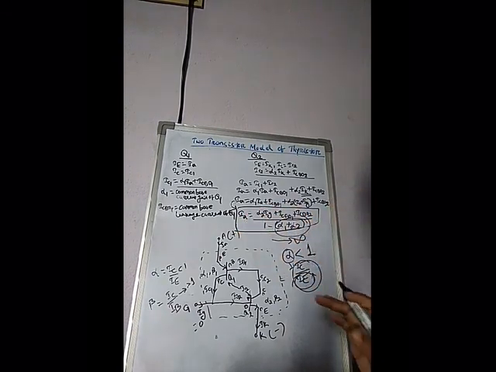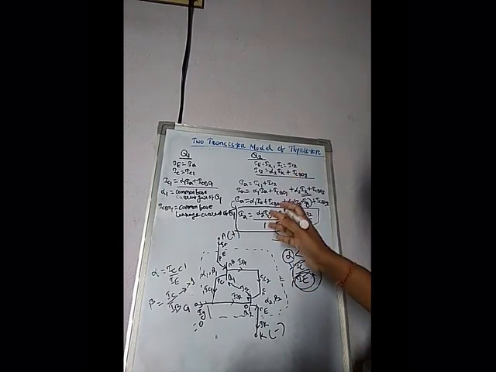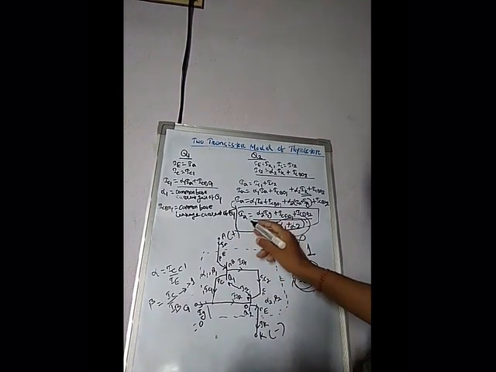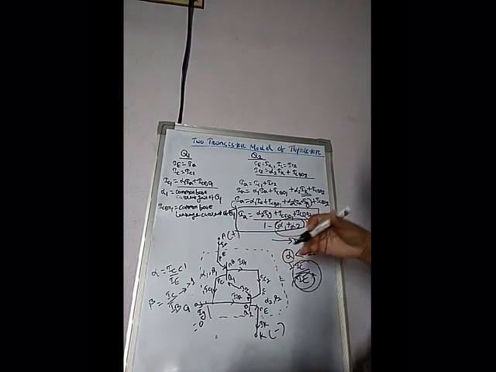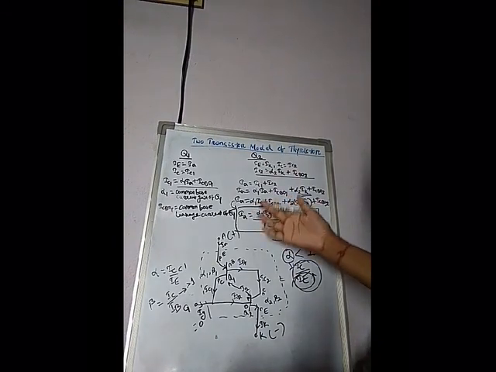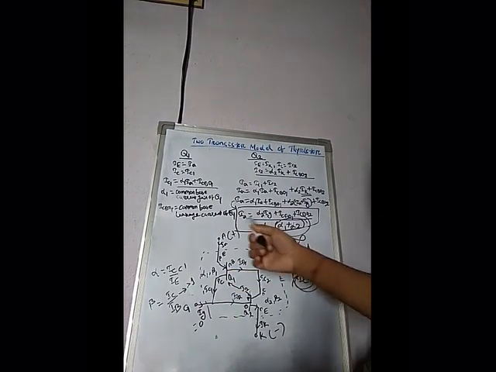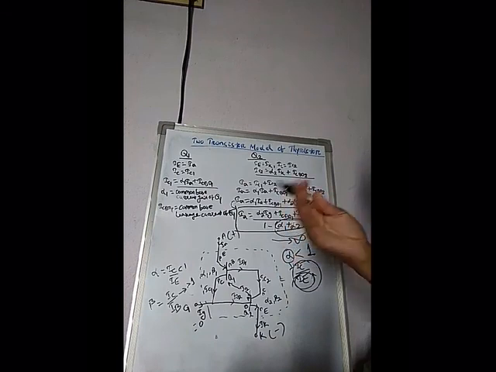IA tends to infinity. Once IA tends to infinity, that means the device turns on. That means this thyristor device's IA is the anode current. If the anode current reaches towards infinity level, then the device turns on. So once the device turns on, the IA current flows and its value rises towards infinity.